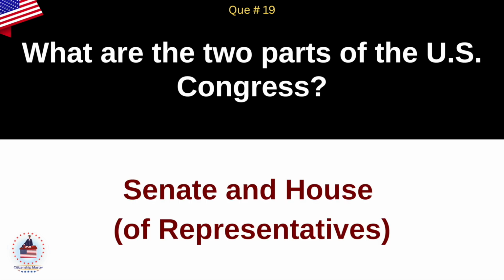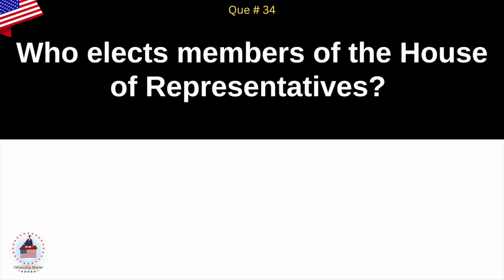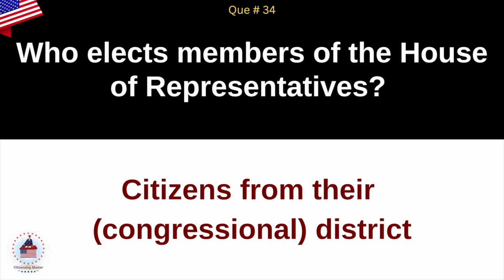Senate and House of Representatives. Who elects members of the House of Representatives? Citizens from their congressional district.